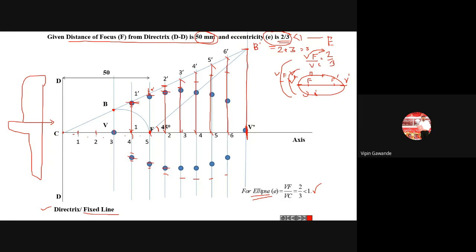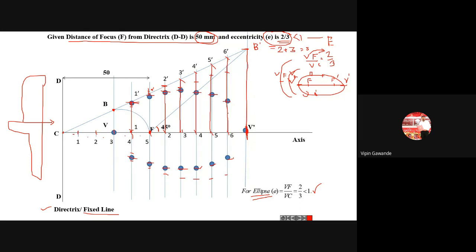3 dash. See, which distances are we taking? 3 dash distance in compass, F center. From F center you have to cut 3 dash line above and below the axis. Then 4 dash, F center, above and below. 5 dash, F center, here and here. Okay, 6 dash distance in compass from F, here and here. Last distance is V dash and B dash from F, you will get here. Okay. Now see, we got here number of points. Now how to join these points?